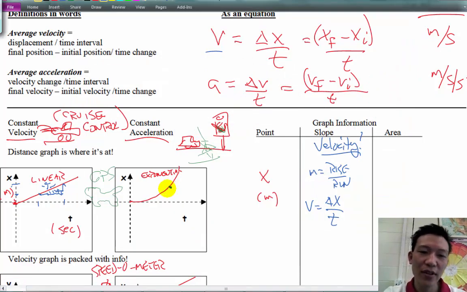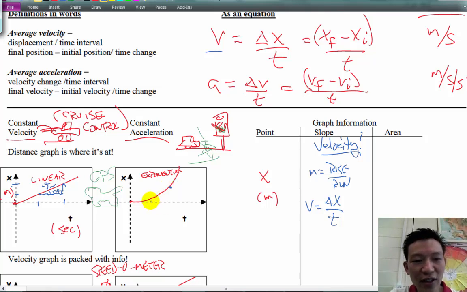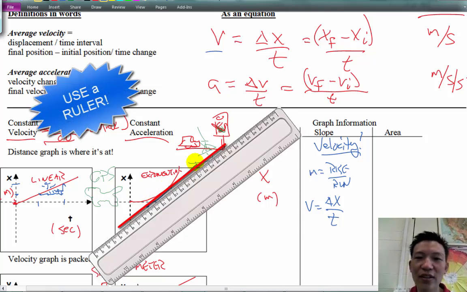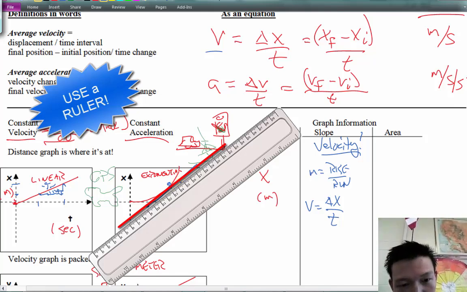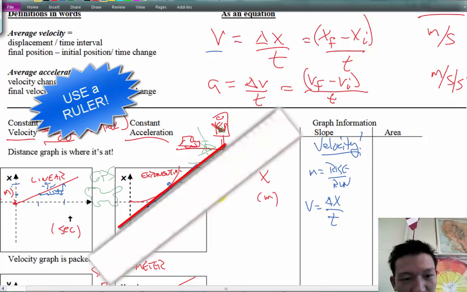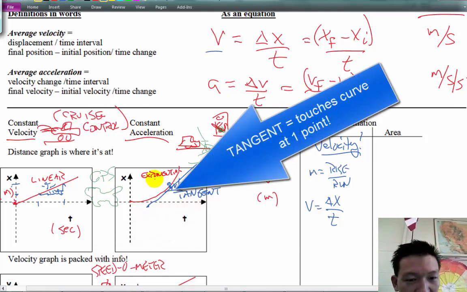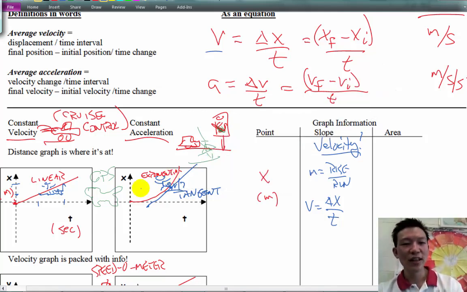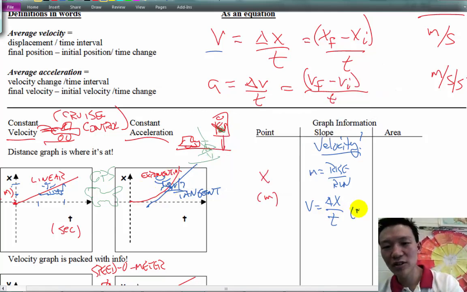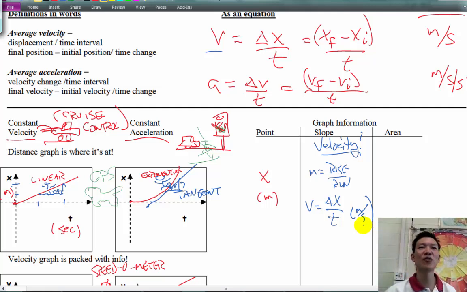So how do you take the slope of a curve here? Anyone know? You can draw in a line that only touches a curve at one point. What's that called? It's called the tangent line. And the slope of this tangent line tells me the speed at exactly that point. Like you're surfing or something like that, it tells me how steep that curve is there. That's kind of cool, right? Because notice, it'll give me the change in meters, my rise, over the change in time,